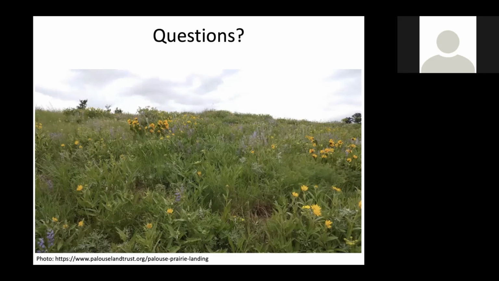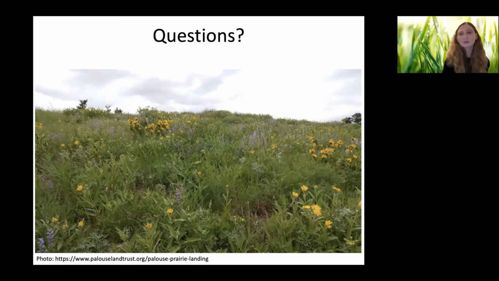I think Nikki had a question about whether AM fungi inhibit or prevent invasion by non-native species. Yeah, that's a good question. So we've found in several of these greenhouse studies, both in the Palouse area and also in the tallgrass prairies, that the AM fungi can inhibit some of these invasive plant species for sure. And I think that more intact remnant prairies that have less disturbance will be more resilient or resistant to invasion.